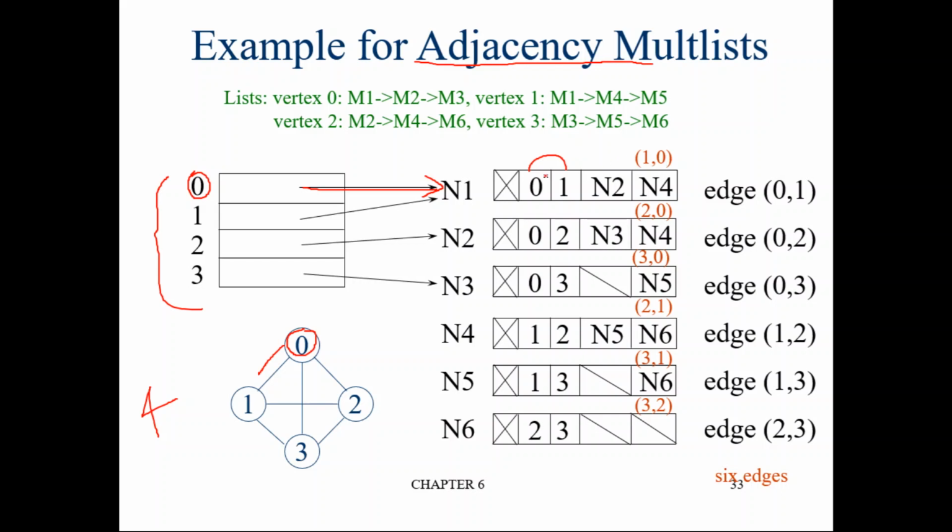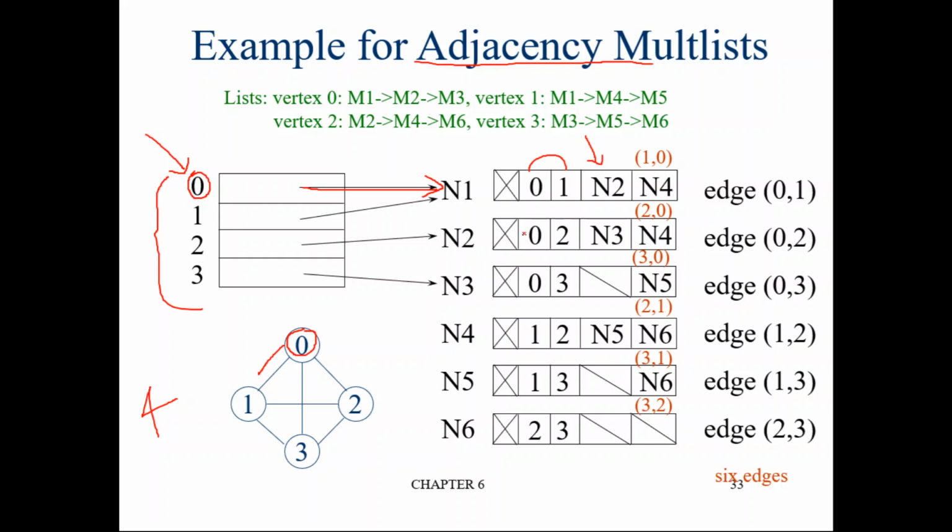n2 or n4? We are talking about 0 to 1, not 1 to 0. When you come from 1 to 0, you have to take n4. Now you are coming from 0. Where is the source? Source is vertex 0. So we are done with 0 to 1, and you have to take n2 because this is the pointer corresponding to 0 to 1. When the source is 0, you have to follow this pointer. When the source is 1, you have to follow this pointer. Now the source is 0, so follow this pointer n2.